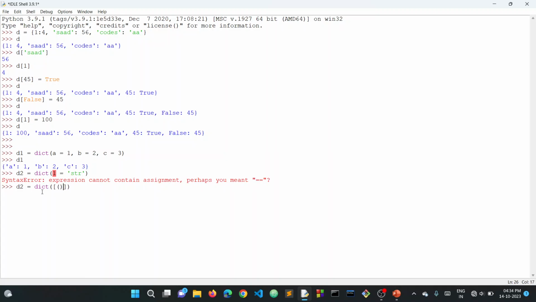That means if we want to have 3 key value pairs, then we can have something like this. For example, 1 comma str, this is our first key value pair, then in round brackets we have to give another key value pair, then another key value pair,